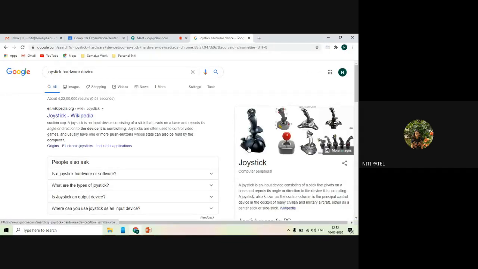This is how your joystick looks. You can move ahead. Can you see the screen? Yes, ma'am. So you can move ahead, you can move behind, you can move right, you can move left. But you can move only within this surface, can you see that surface?